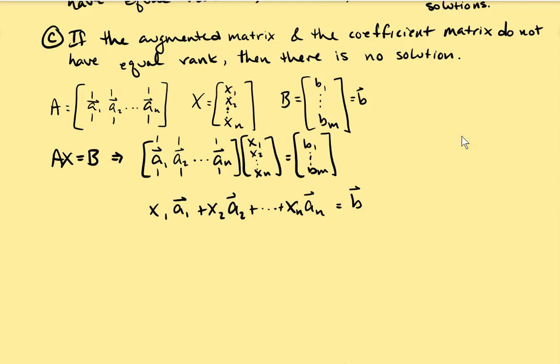So what we're really seeing here is that the solution x1, x2, through xn to the AX equals B system we started with is really just the scalars you need to make B out of a linear combination of the columns of A. All right, so let's say something about that. The scalars in the linear combination, or I'll say,